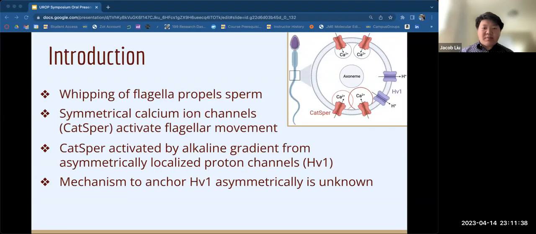Spermatozoa, or sperm, are male reproductive cells, which propel themselves by whipping their flagella. Symmetrically localized calcium ion channels known as CatSper activate flagellar motors for movement. CatSper are activated by an alkaline gradient produced by asymmetrically positioned proton channels known as HV1, which extrude protons from the cells. Considering the dynamic fluid mosaic model of plasma membranes, the mechanism by which HV1 is asymmetrically anchored is